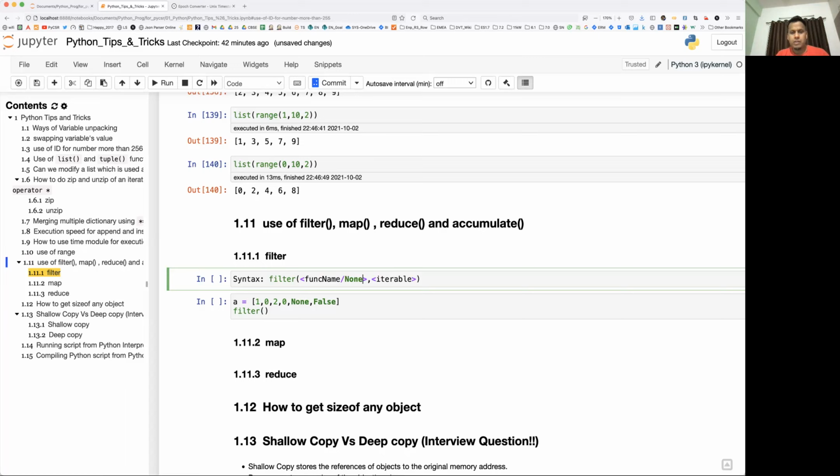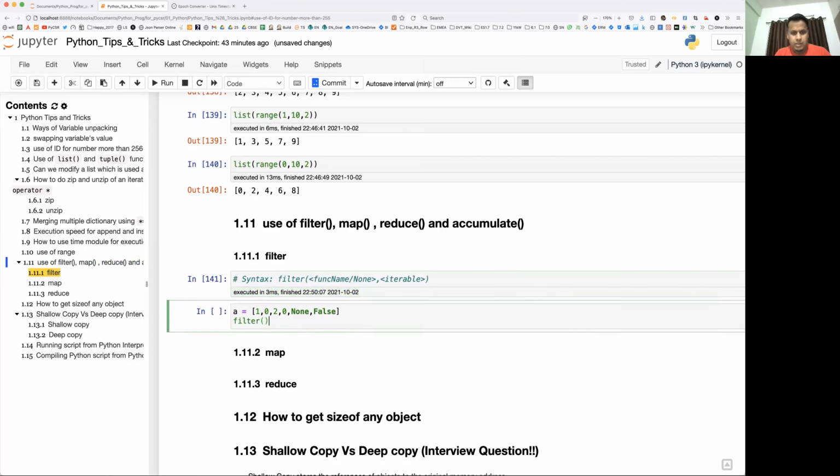Let's say you are not sure about the function name and you have not yet decided anything, so you just pass None. So no function will be applied to the iterable. It will return only those elements of that iterable for which the filter is true, or only the true values, which are non-zero values.